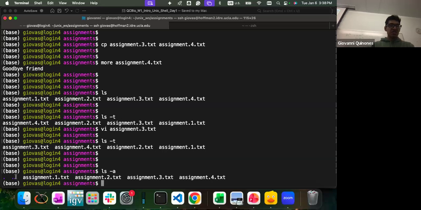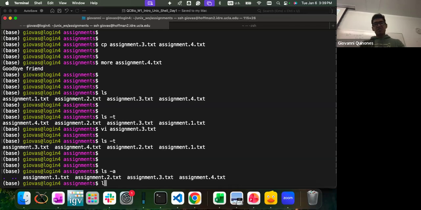In our case, the only thing that is showing is this dot and then 2 dots. And if you remember, 2 dots just means previous directory. So it's just showing you that from this directory, you can pretty much go to a previous directory. And then the dot is just a notation to indicate the current directory. It's not something that's going to be super useful right now. Maybe we'll apply it tomorrow at some point. But if you do ls dot, it's the same as doing ls by itself. It will list the current directory.